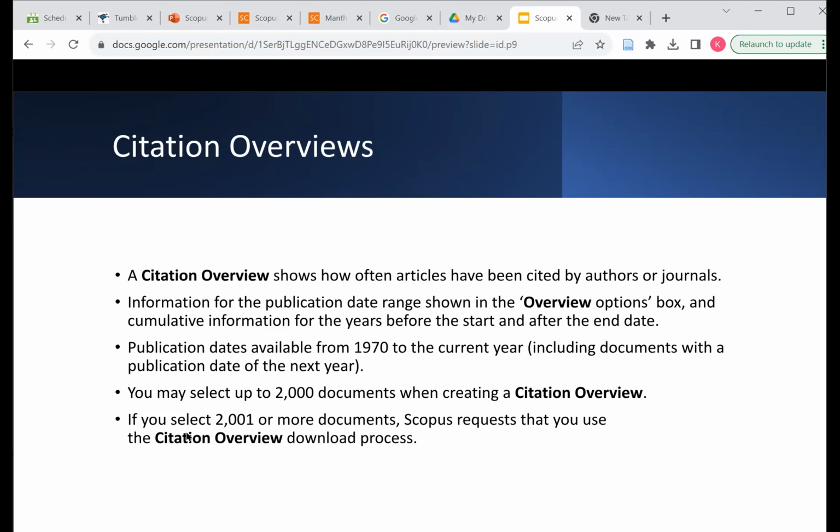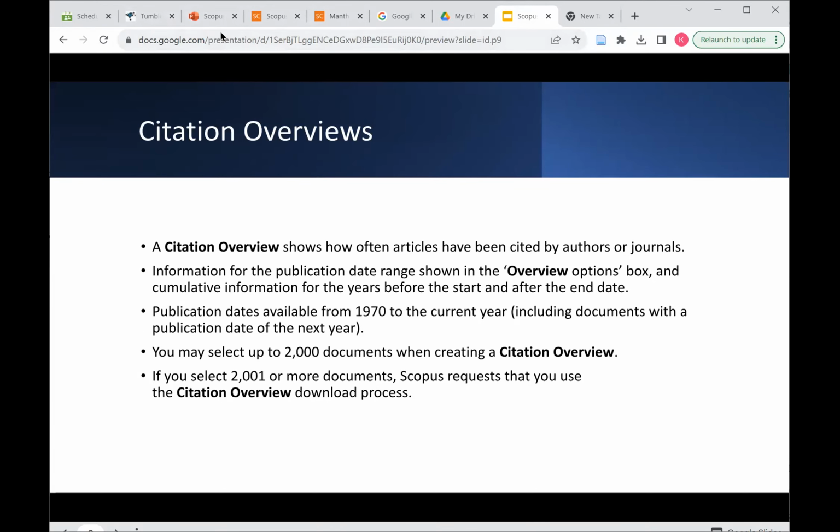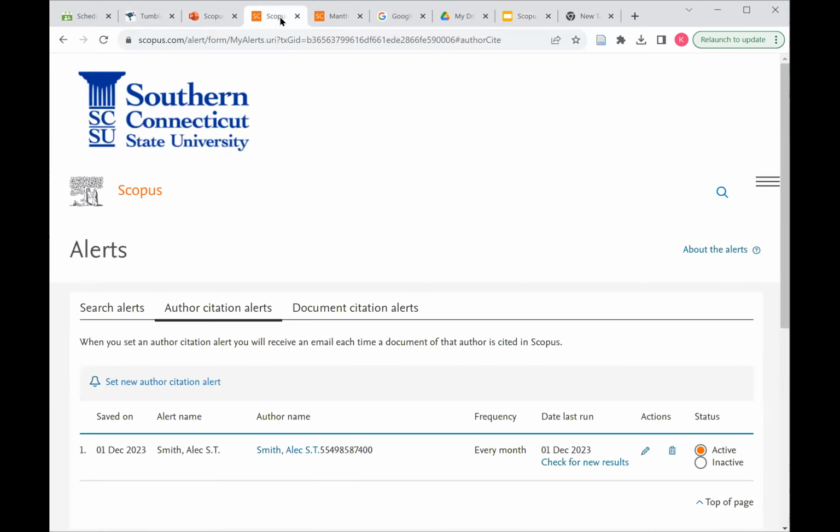If you go over 2,000, you're going to have to use the citation overview download process, and Scopus will send you the downloads in a day or two. You can go up to 20,000 if you need to. So it's good if you're doing a massive amount of research and want a good overview. So to do that,